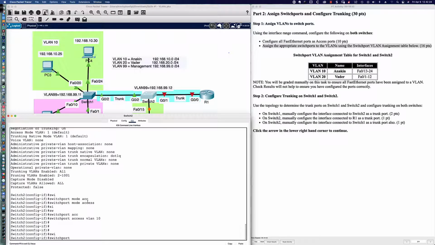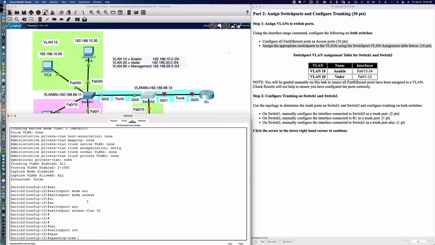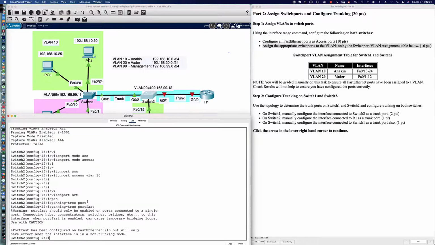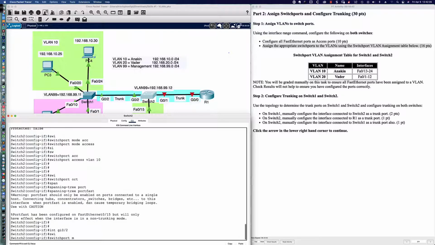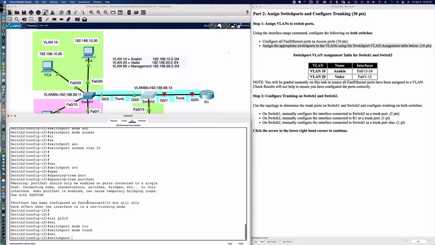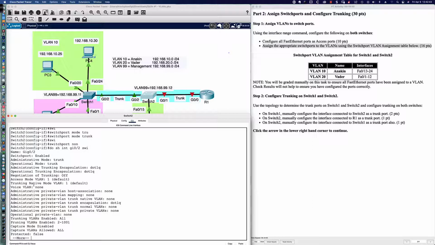And in fact, let me say switchport. Sorry, not switchport. I'm going to throw another command on here real quick. Spanning-tree portfast so that port comes up immediately. Let's get into the right port, GigabitEthernet 0/2, and let's say switchport mode trunk, and then switchport nonegotiate. Then we could say do show interface gig 0/2 switchport, and now we see what we're looking